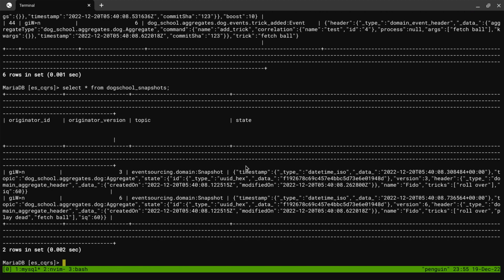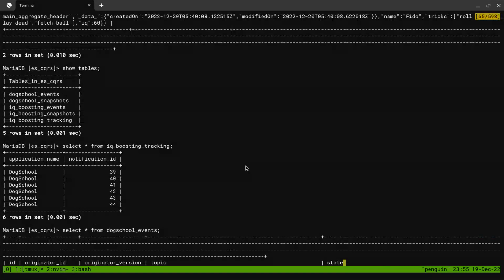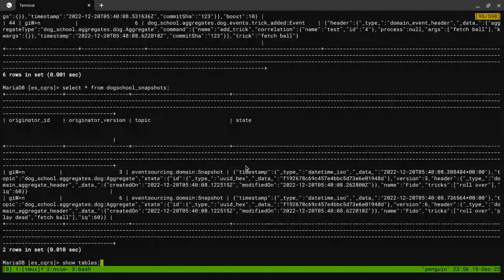Probably something was wrong in our code, so we know, thanks to the commit SHA that we have here, we can tell, oh yeah, we made a mistake with the implementation of the trick added event handler in the specific version of our code. So what can we do from here is, well,